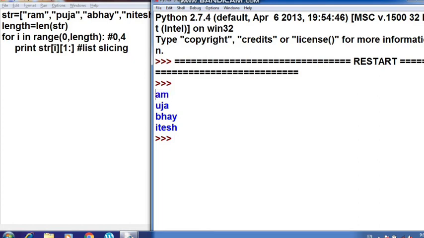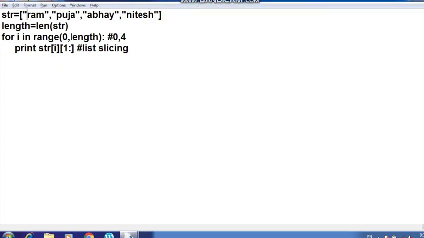So you can see here that the string is printed from position 1. The length of Ram was 3, with indexes 0, 1, 2. I have sliced the string and printed it from position 1, so 1 colon means AM is printed.